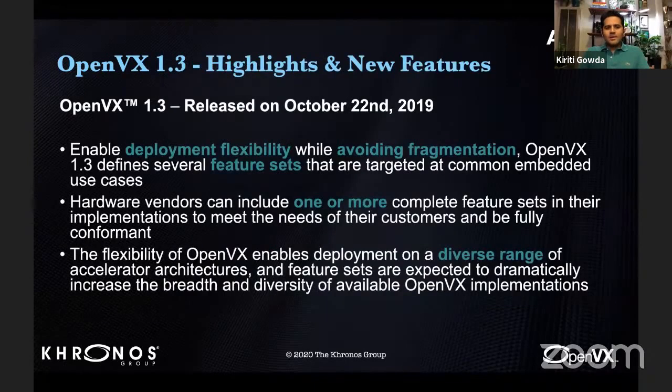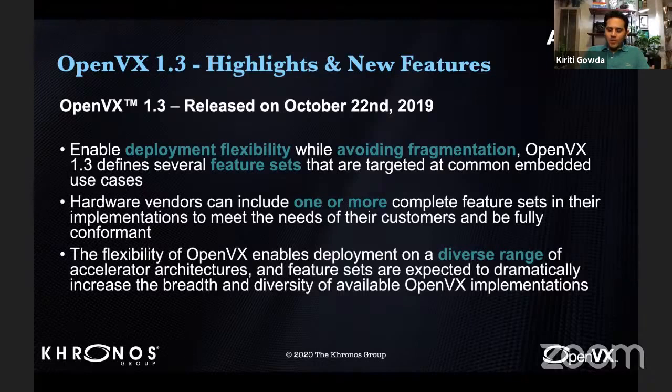So with that, we just released OpenVX 1.3. In terms of time, it was like a year ago, but with Corona, we have forgotten the concept of time nowadays. So OpenVX 1.3 was released October 22nd, 2019. The main reason we released OpenVX 1.3 was to give developers or the adopters the deployment flexibility and avoid